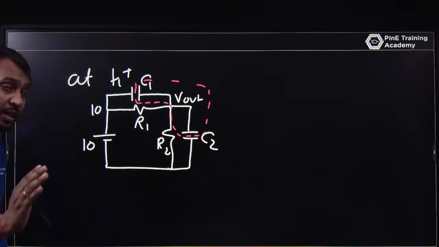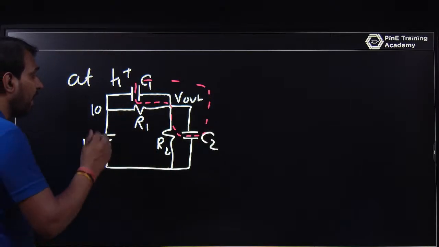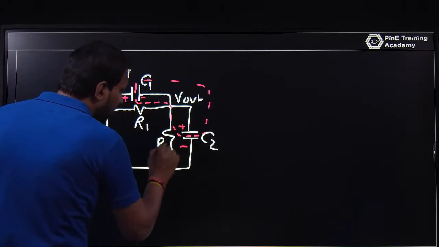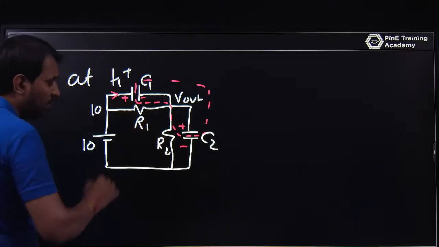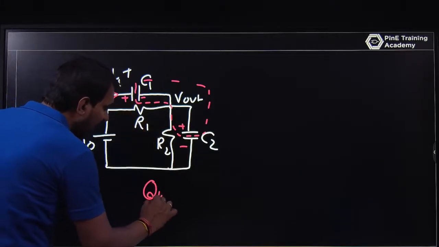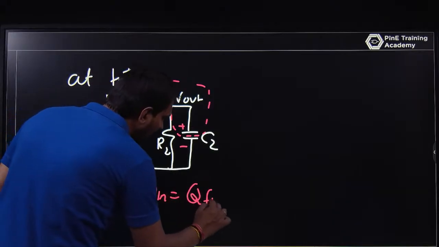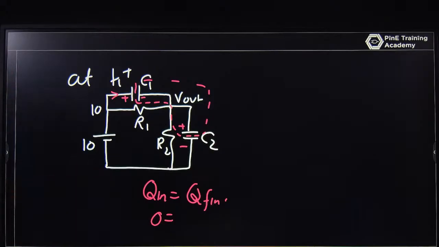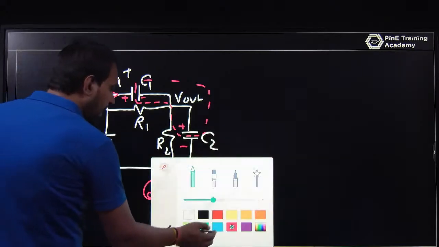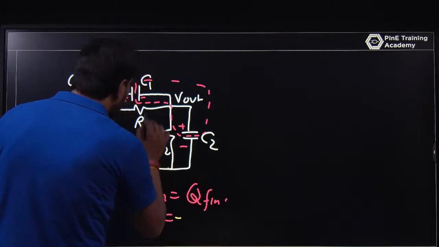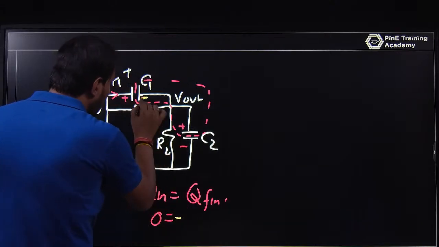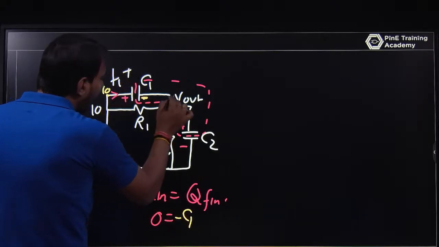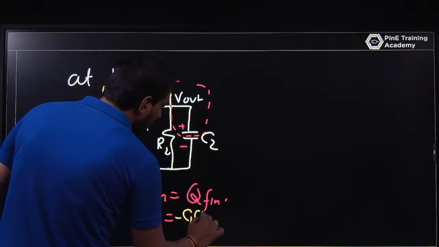The charge is always conserved between two conducting plates. If you assume the current in this direction, this is plus and this is minus, this is plus and this is minus, and charge is conserved along this path. Q initial is equal to Q final. Initially the voltage across C1 and C2 is 0, and finally it is what? This is negative here, so this is minus C1, and the voltage is 10 minus V out,